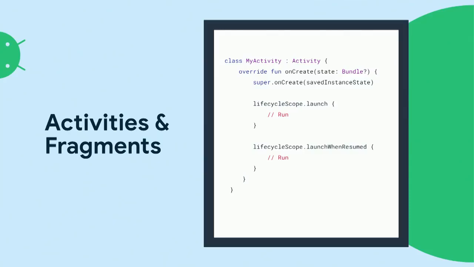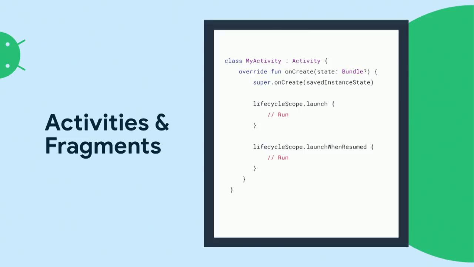Now, in this lifecycle case, there's one more thing. Sometimes you want to run certain operations when the lifecycle is started, like a fragment transaction. For those cases, you can use the launchWhenStarted, launchWhenResumed, or launchWhenCreated methods. What this does is it runs your suspend block only when the lifecycle is in the desired state or greater. And let's say you said launchWhenStarted and the activity stopped, we suspend that computation until the